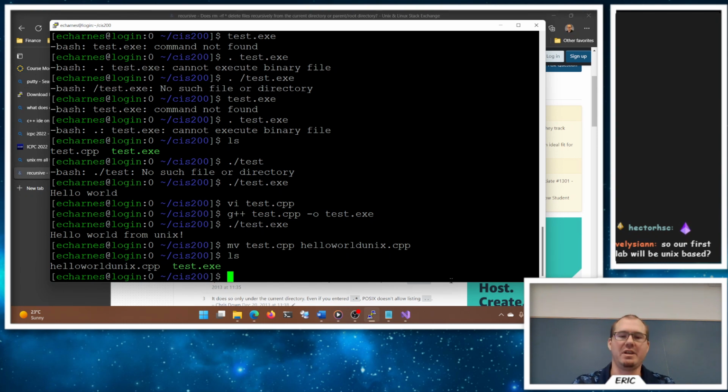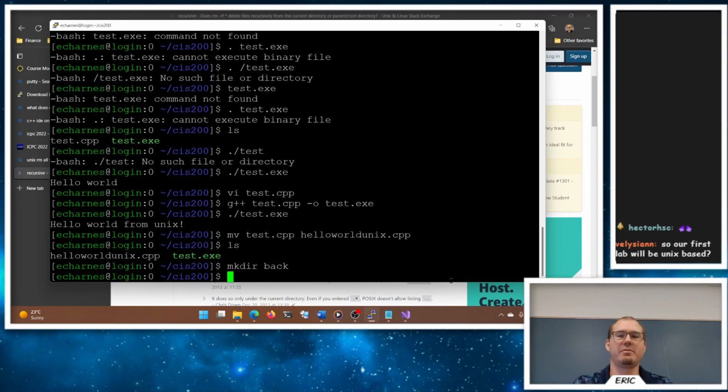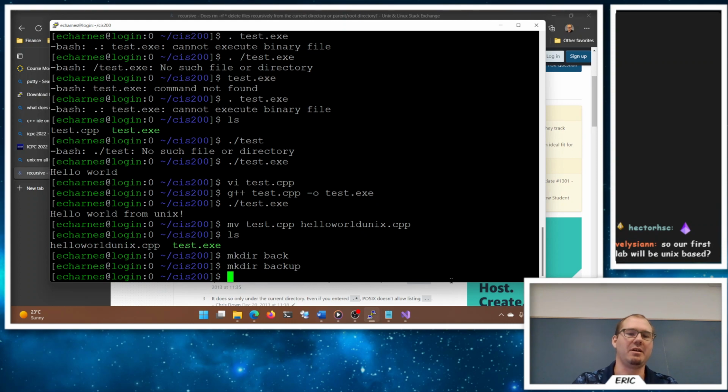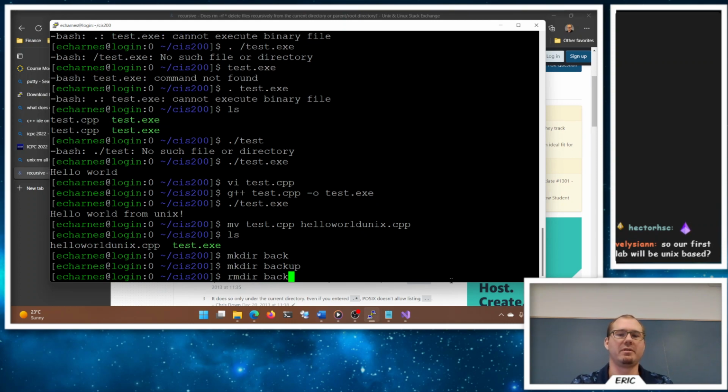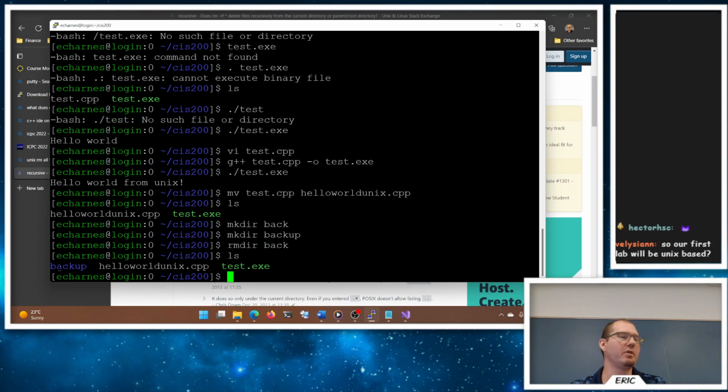If I want to make a copy of it here, well, let me make a folder with mkdir for backup. I probably should have said mkdir backup. There we go. So now there's a folder backup. There's a hello world Unix CPP file. There's my test executable. So if I want to make a copy of it to put in my backup here,